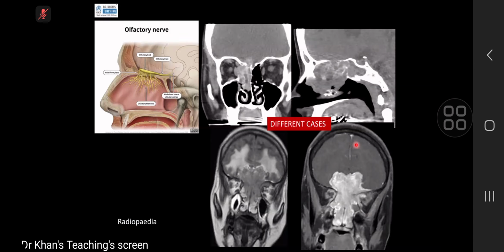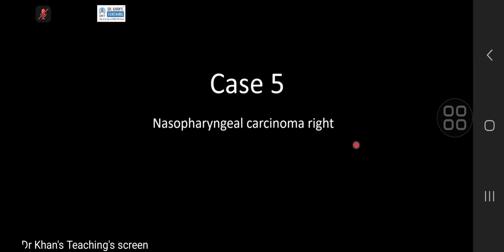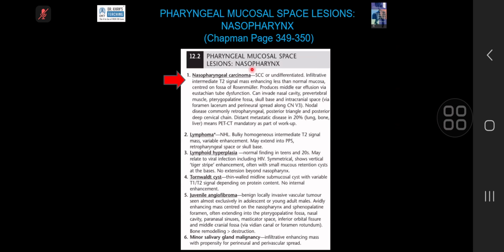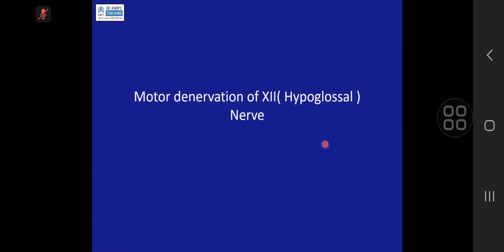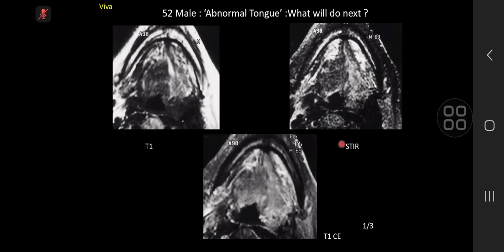And just to make a point about nasopharyngeal carcinoma, right? So this is pharyngeal mucosal space, motor denervation of the hypoglossal nerve. And please remember that this has come in the exam and is expected, because what happens is that